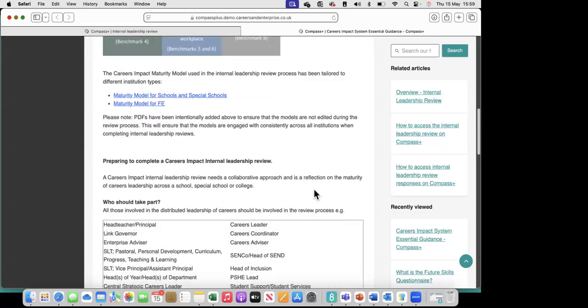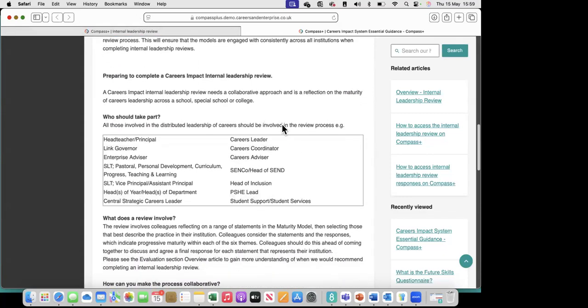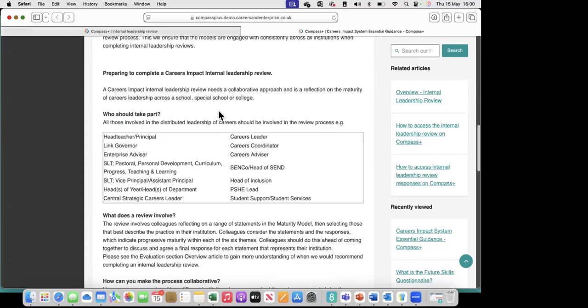So then moving a little bit further down, we've looked at our maturity model there. Moving a little touch further down here, these are suggested people as to who could take part within the review. Again, not an exhaustive list, everybody, but certainly just suggestions of who you may consider to take part in the internal leadership review. So certainly, I would advocate for head teachers, really senior members to be in there, possibly link